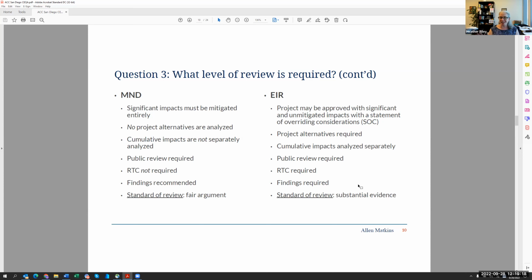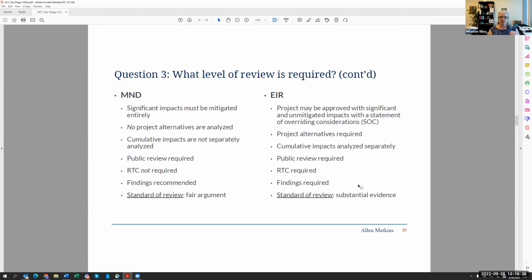Some public agencies, I had a conversation with a client the other day, a public agency in Northern California won't do MNDs as a matter of policy. It's an unwritten rule that you can't do an MND in that public agency. You're either exempt or you're an EIR, period. Well, that's contrary to CEQA, but it's the agency's rules and you're going to try and work around them.